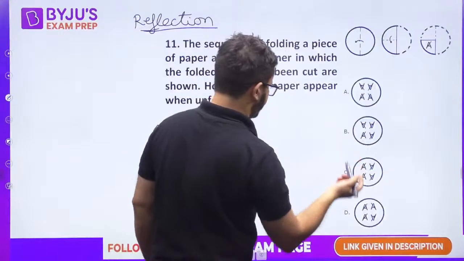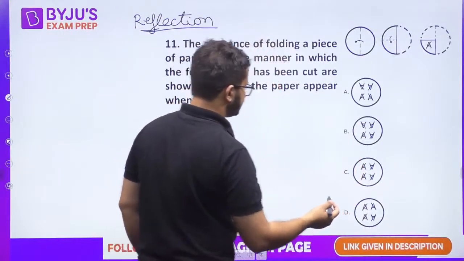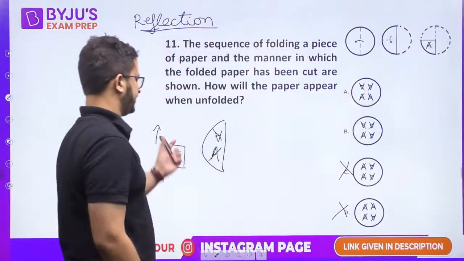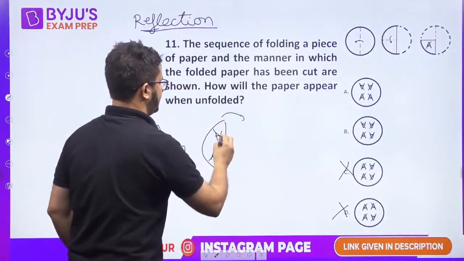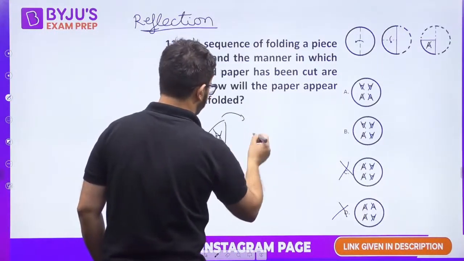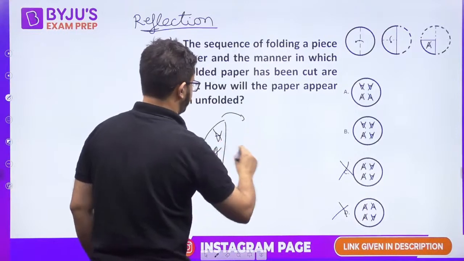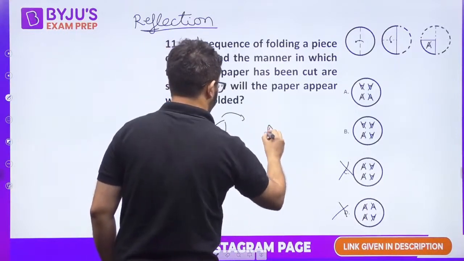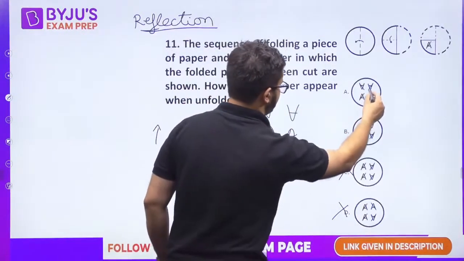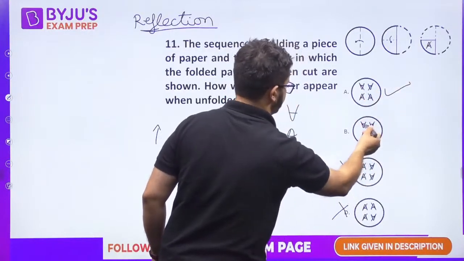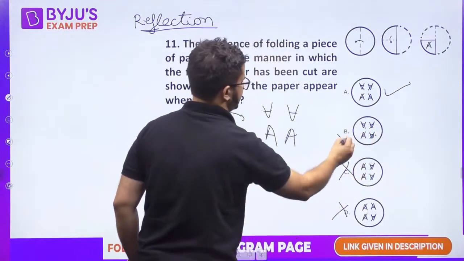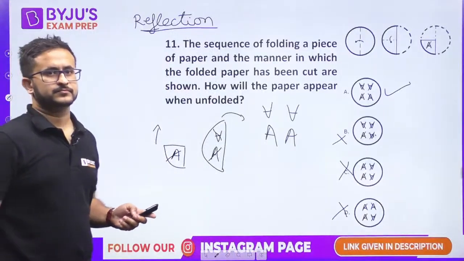Okay, so from this you can eliminate, can we eliminate? Yes, we can eliminate C, we can eliminate D, क्योंकि वो inverted A बनेगा, right? And when we open it outside, what will happen is we will have your this thing, the mirror image of it, right? So we will have 4 A's like this. पहले A देख लो, right? A से ही अंदाजा जाएगा. So we get this. ठीक है, इसमें A उल्टे हो गए, right? It should be straight A. It is inverted, so that is why it is incorrect. Okay.